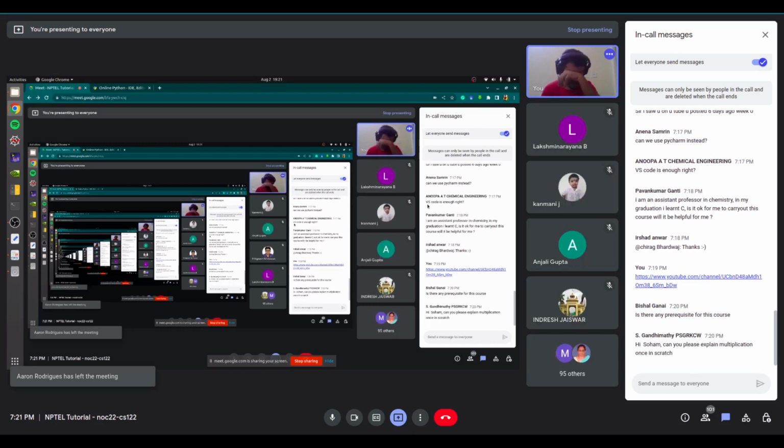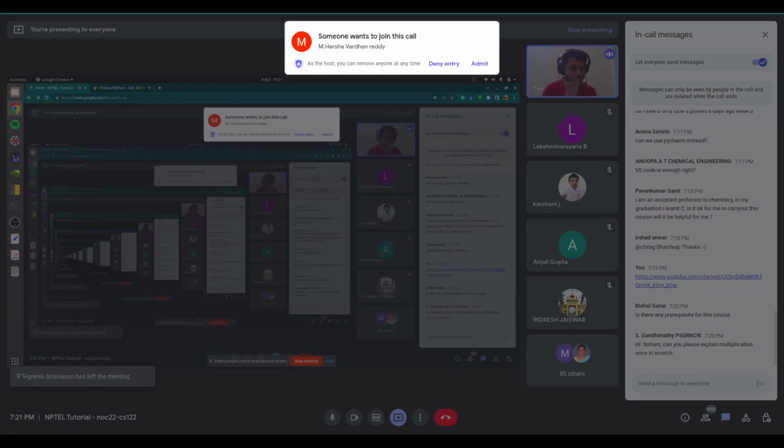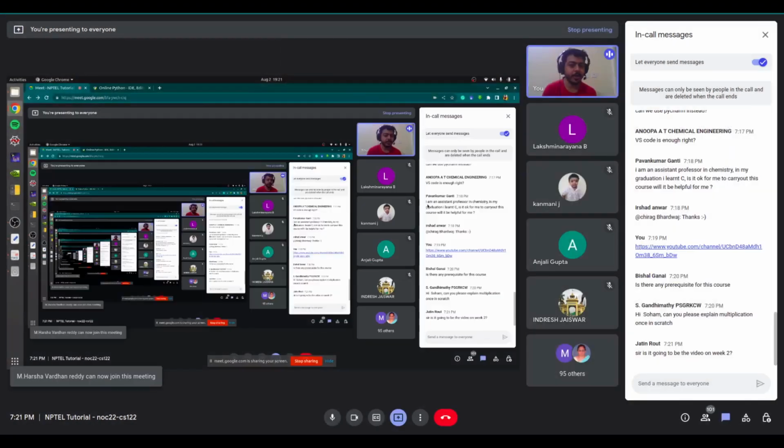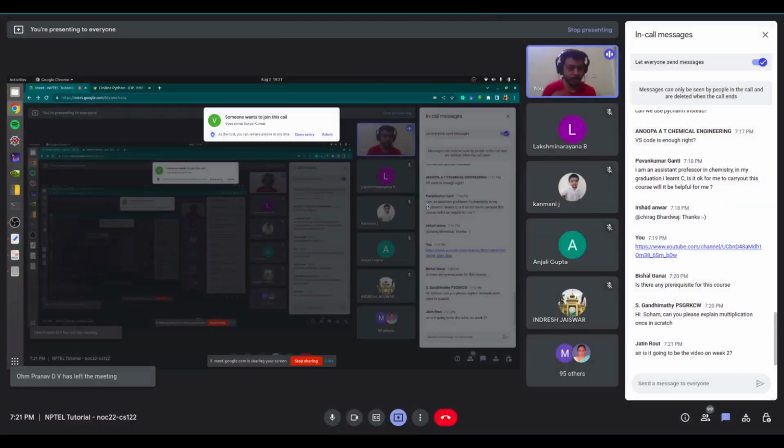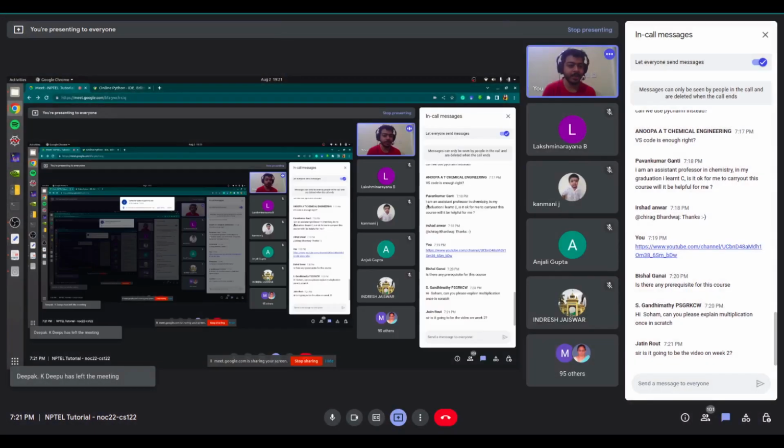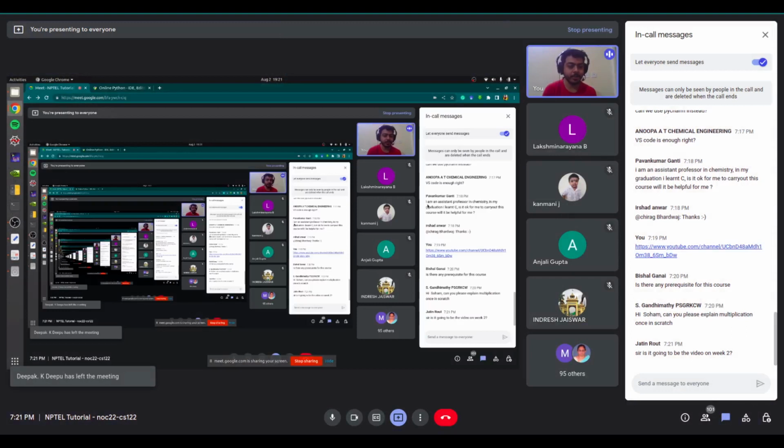You have a compiler on VS Code also, I think. I'm not sure, but if you can run Python on VS Code, then it's okay. Otherwise, you may need to install. If you are using Mac or Linux, not Windows, then I think Python is installed by default and you can use it directly. If you're using Windows, then you need to install Python. You can just search for install Python on Google and you'll get a link. Or I think the simple way, as shown in the course, is to install the Anaconda software package.